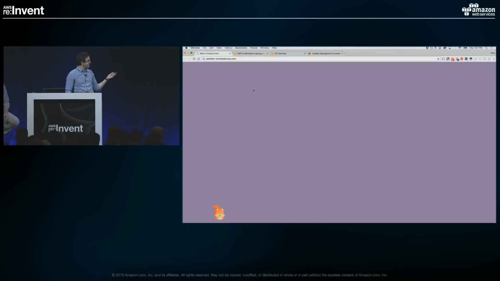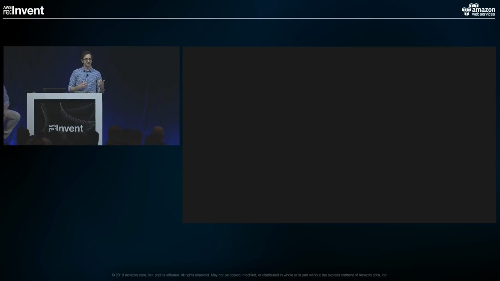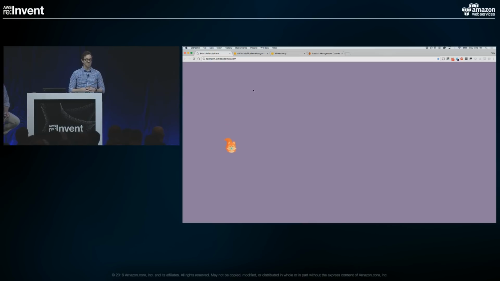So here we are. This is Sam floating around. He's pretty lonely. He's at re:Invent, but he didn't really come with anyone, and he wants to have a better time. There's all these different events, so we essentially want to make sure that Sam has the friends he needs to enjoy his time at re:Invent. So I have a website right here. I have a Lambda function which tells me how many friends he should have, and we'll get into the other parts of it in a second.